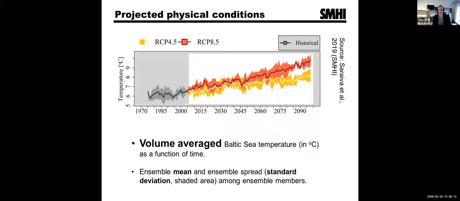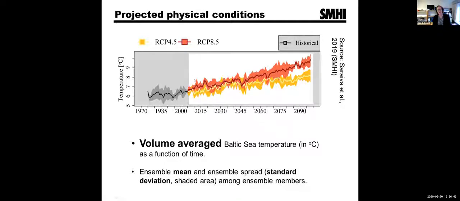We start with the physical conditions and look at some results. This is the volume averaged Baltic Sea temperature, so the entire Baltic Sea. Now we are in a project that is focusing on the northern Baltic Sea, but I don't have any specific figures for that, so you have to cope with these entire Baltic Sea figures. But here we can see that the temperature is increasing, and what we can see is also that for the